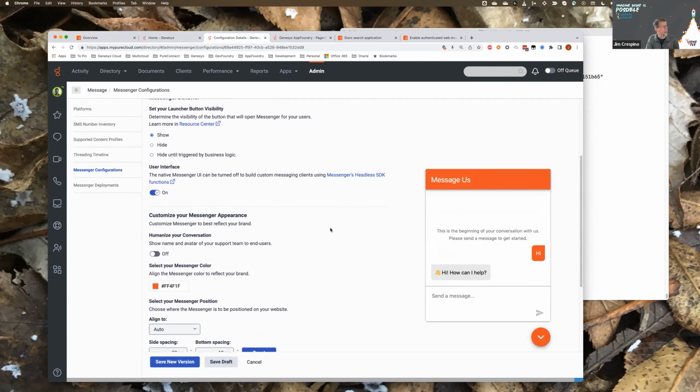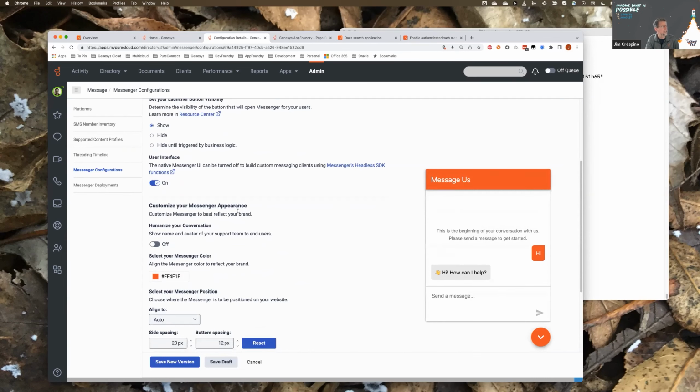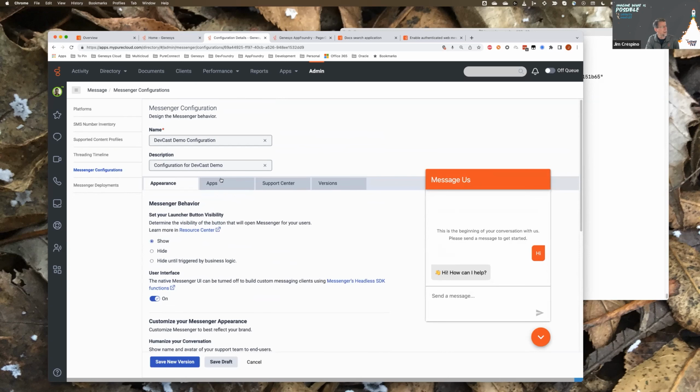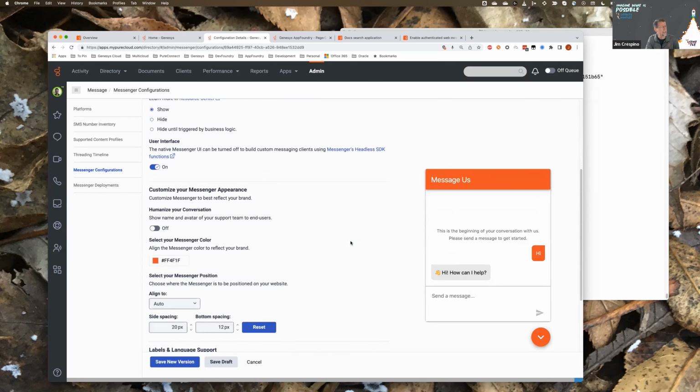You can kind of tweak the colors and stuff right here in this UI. But that's about the extent you have, as far as I know, to alter the design of the chat box for web messaging. So it's designed to be very user focused, easy to do. That's why we have a UI for managing what it looks like, instead of having to go in and tweak code to manage the look and feel of it.